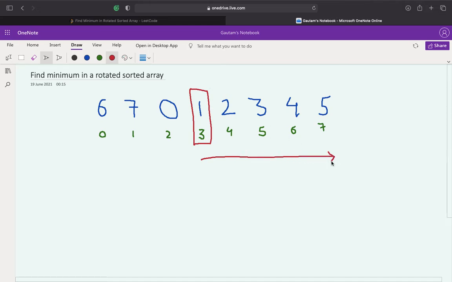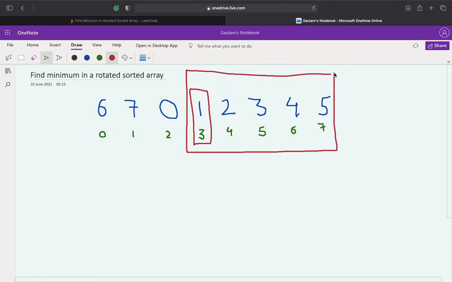Now we need to take care of the fact that if the right part is sorted, then for this right sorted part, the minimum element would be the first element. So we'll use a variable called min and put this middle element in it.